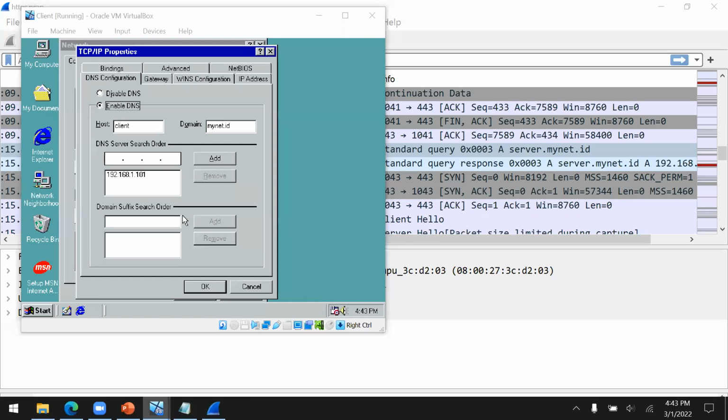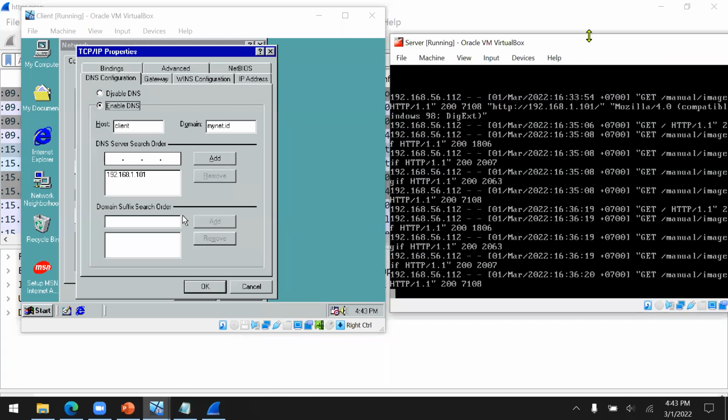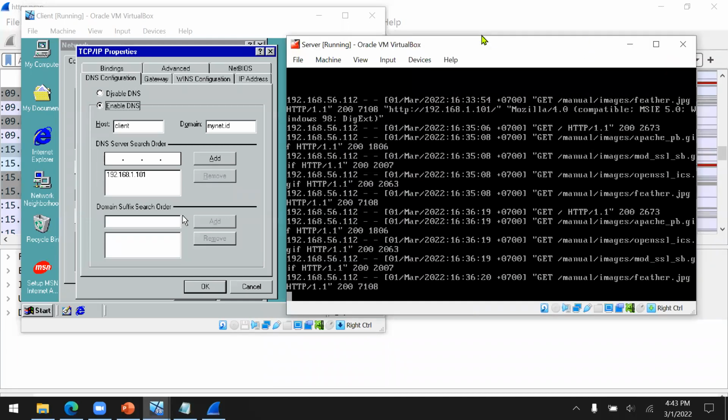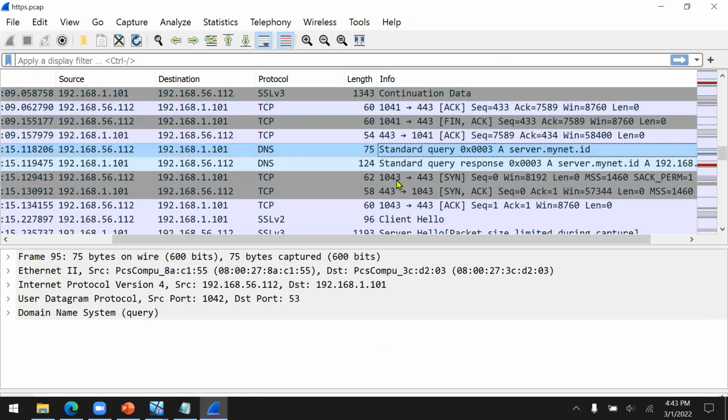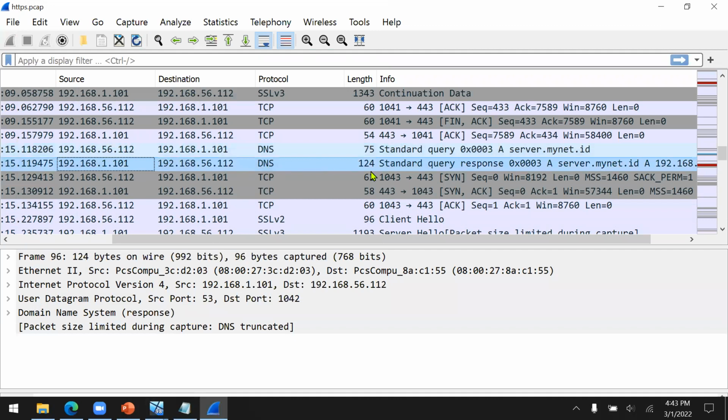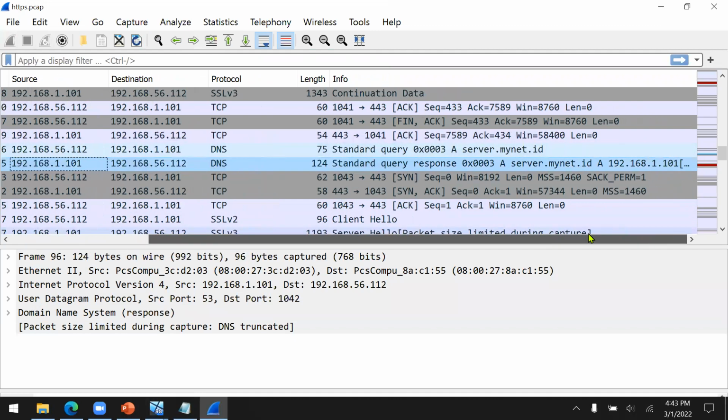So this server is actually a web server and also a DNS server. So we can ask, what is the IP address of server.mynet.id? Then the DNS server will return, oh, server.mynet.id has an A record, an address of 192.168.1.101. Okay, so then I'm going to ask this IP address.